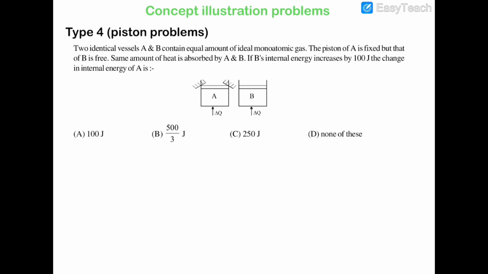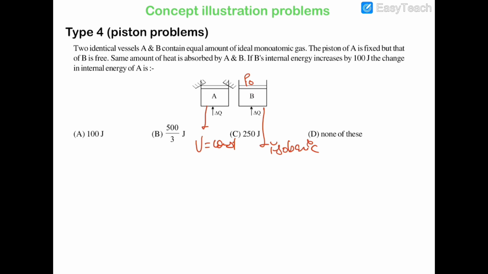So first of all, let us analyze the situation: A is going through an isochoric process because its volume is constant, and B is going through an isobaric process because its pressure is constant. You can see that this piston is not movable and it is rigid, so the volume of gas A is constant, and this piston is movable, but the outside pressure is obviously atmospheric pressure, which is constant. So this piston is moving against a constant pressure, and therefore the pressure of the gas below the piston will always be P0,